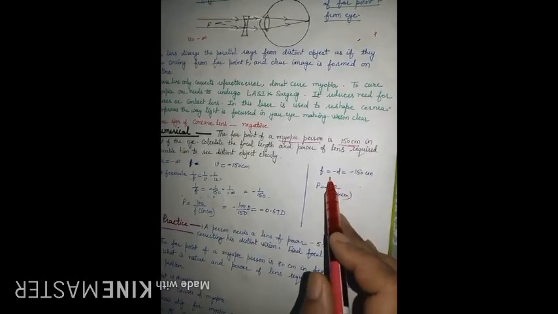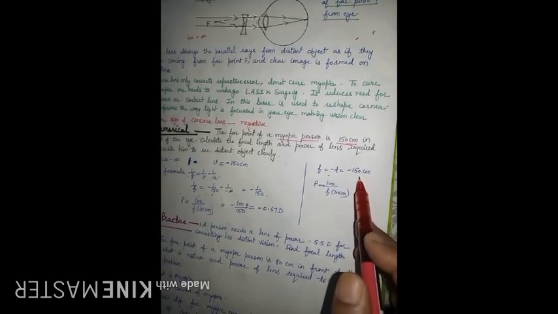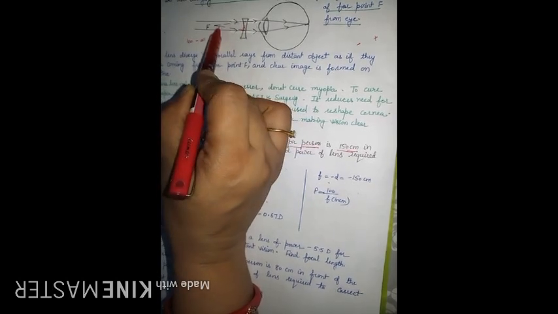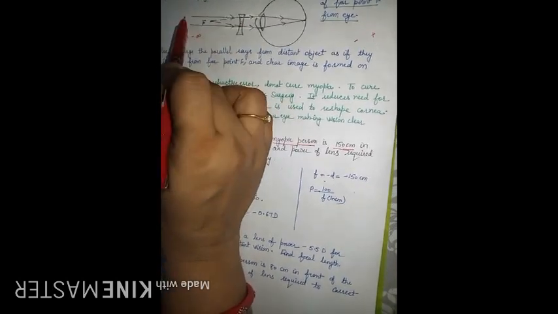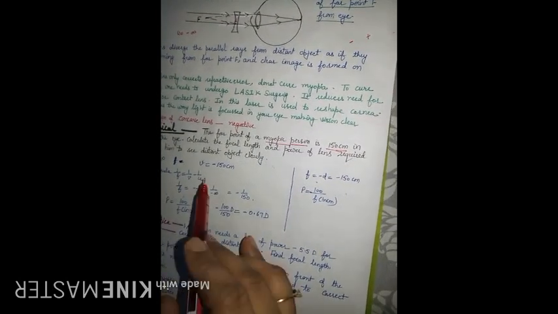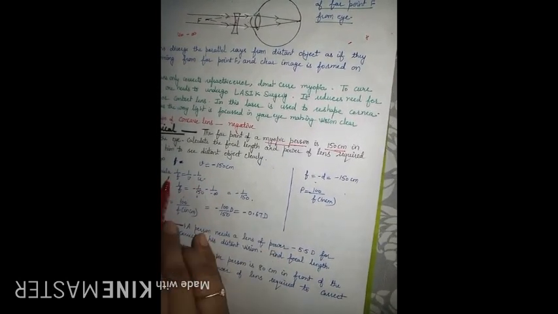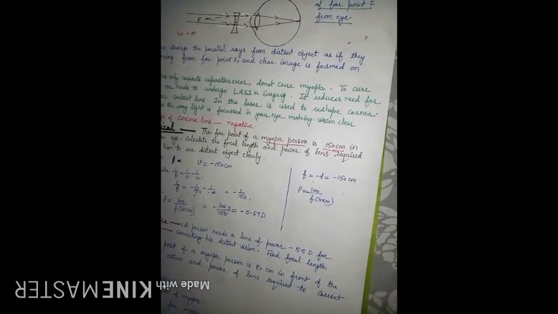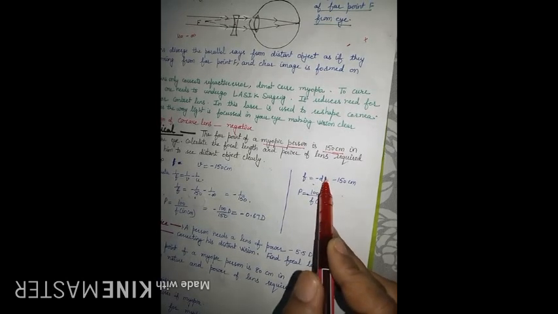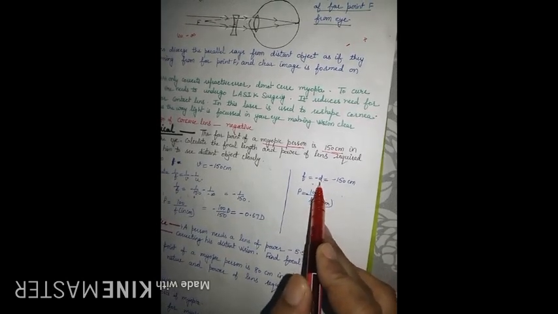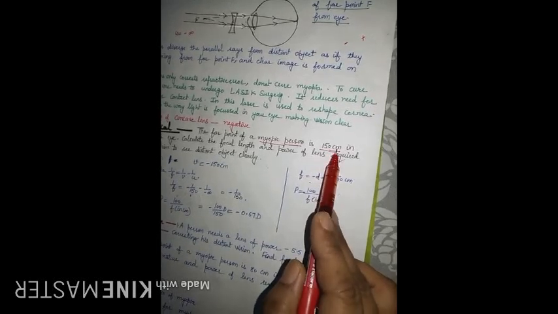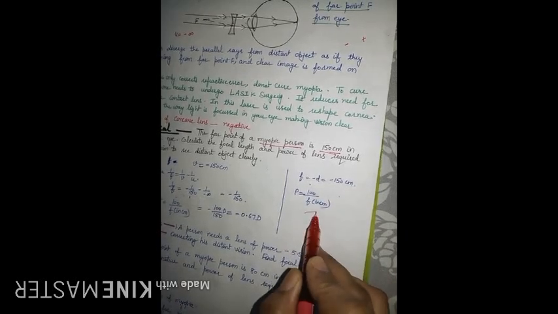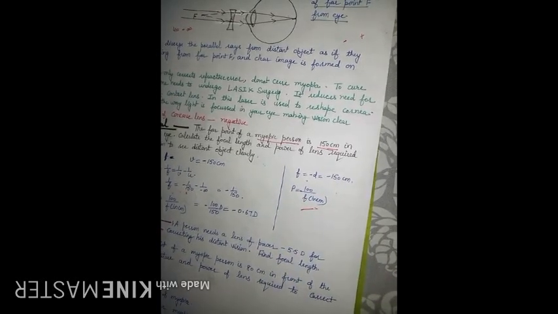You can find the focal length directly also, because we know that in this case the focal length and image distance will come out to be the same, because our object is kept at infinity. So 1 upon u will become 0, so 1 upon f will be equal to 1 upon v, or v will be equal to f. So f will be equal to minus d. What is d given here? d is 150, so f will become equal to minus 150 centimeter. Use this formula and you can calculate the power.